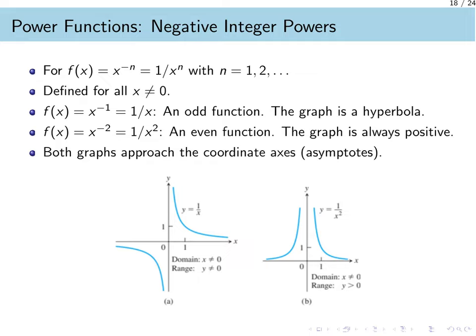As x gets extremely large, the value of 1 over x gets incredibly close to 0, but never touches it. This behavior of approaching a line without ever reaching it defines an asymptote, and here the coordinate axes act as asymptotes. So do not confuse the graph getting close to an axis with it ever crossing that axis. The key takeaway is that negative integer powers create graphs that are broken at x equals 0 and hug the